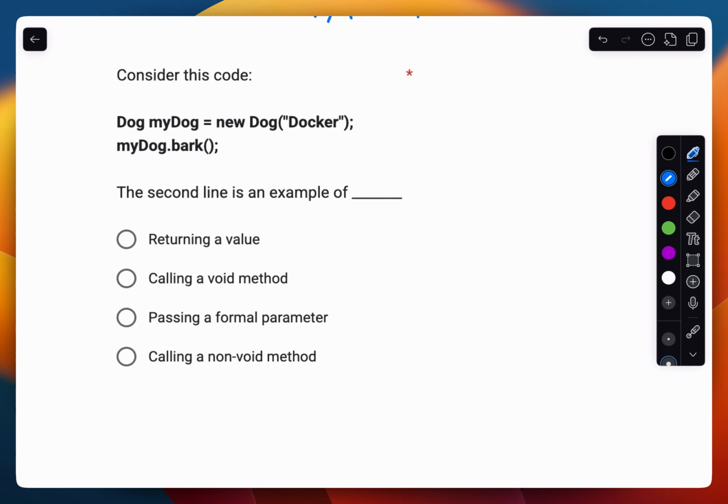Let's see, Dog myDog equals new Dog("Docker"). Docker's the name of my dog. You'll see that in all my videos. And then myDog.bark(). The second line is an example of, okay, so returning a value, let's see, returning a value wouldn't make sense